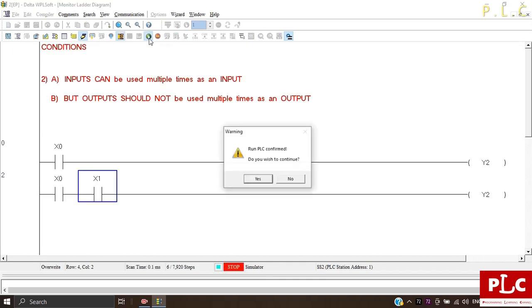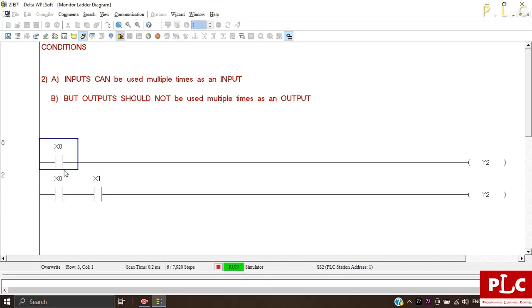Now let's activate X0 and see what happens. As expected, the output is not switching on, and this is because of the input X0 in the second rung. Even when the input X0 is directly connected to Y2, the output is still waiting for the input X1 to get actuated. This is why in the condition it is mentioned as outputs should not be used multiple times